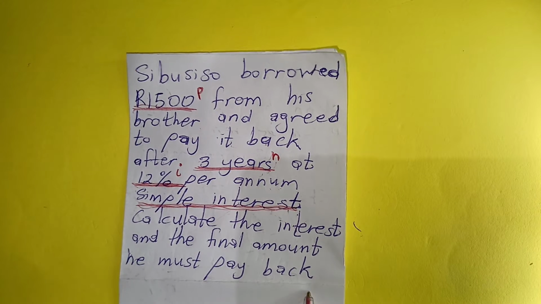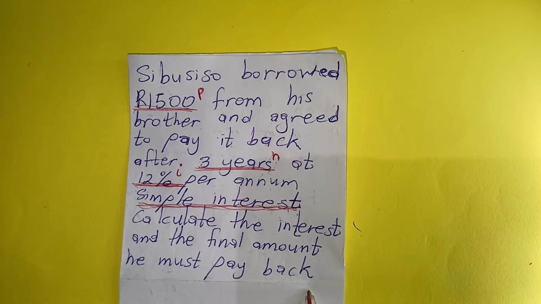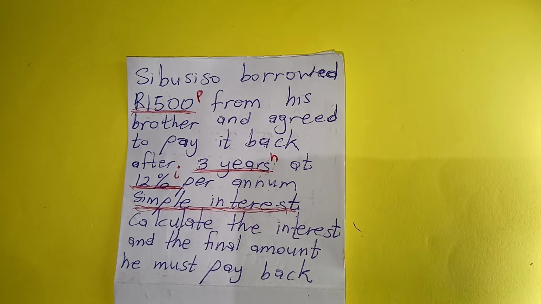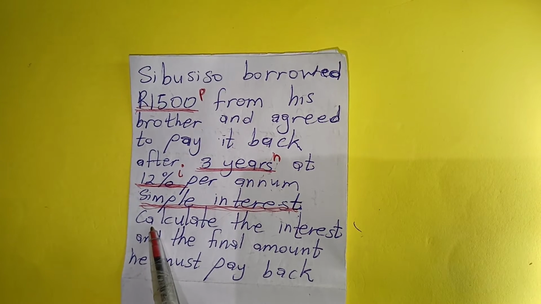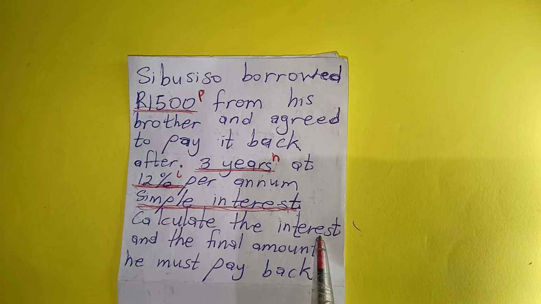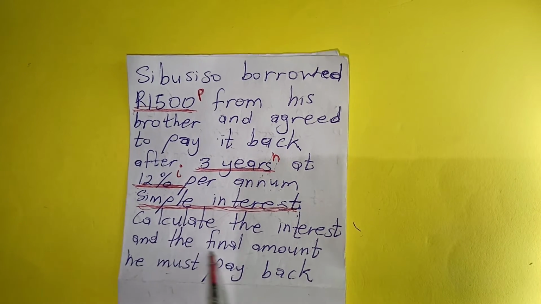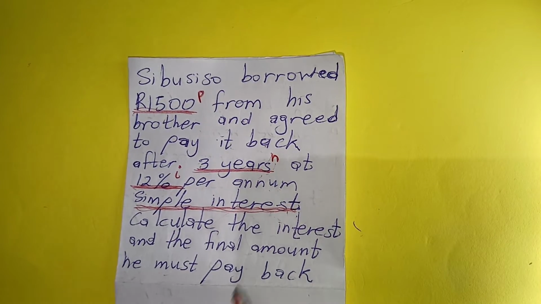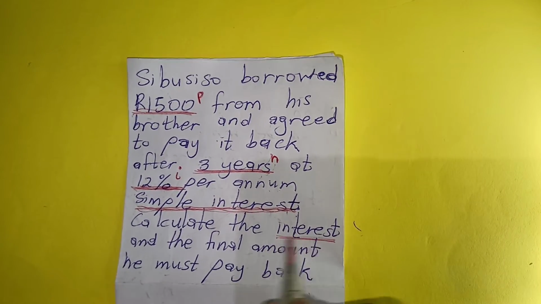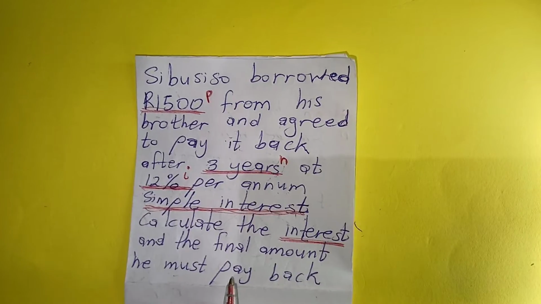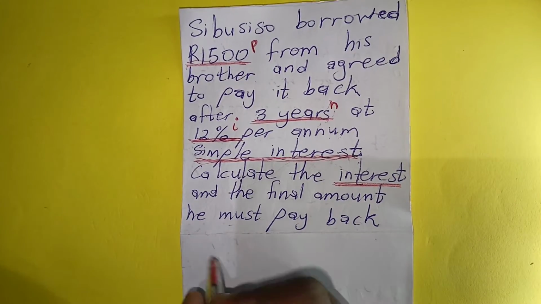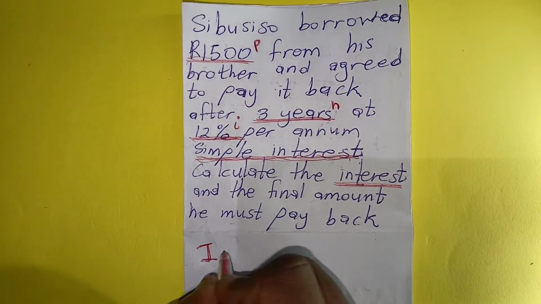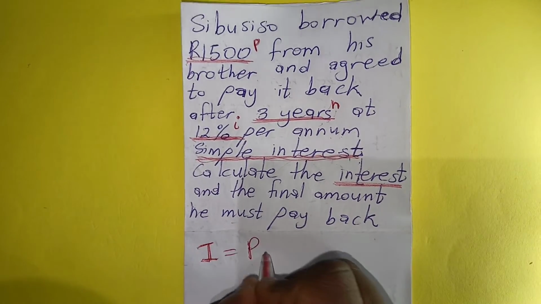So now what you should notice is that sometimes these questions can come in different ways. Like they can say, calculate the interest and the final amount he must pay back. So interest is represented by this equation. It's I, which is equal to what? PNR,